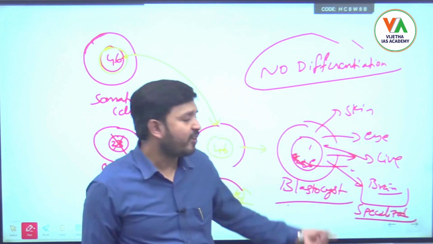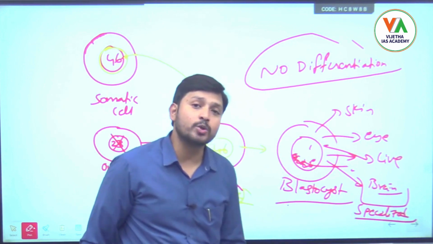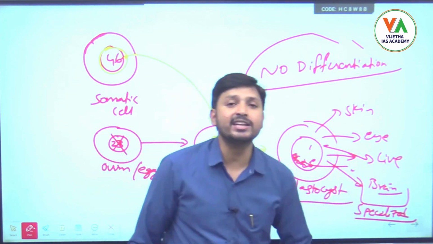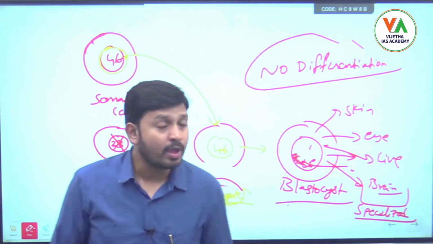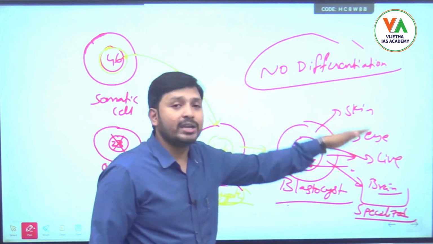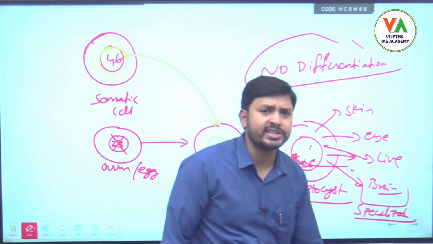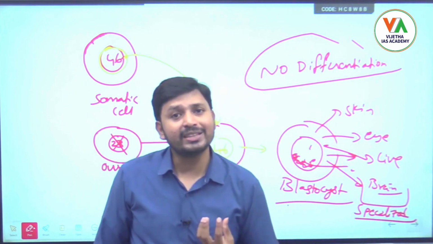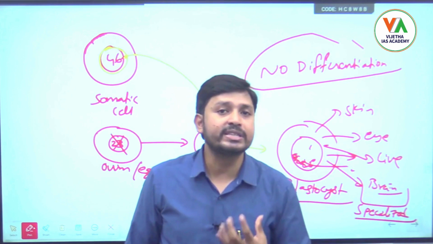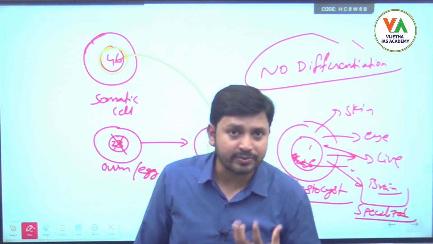Why specialized cells? Skin has its own purpose. Eye has its own purpose, liver has its own specialization, brain has its own purpose and specialization. So till blastocyst all cells are same. It is having no differentiation till blastocyst, but after the blastocyst stage the cells inside the blastocyst will start multiplying and differentiation will start occurring, so that these cells will start forming into different types of organs within the human body.